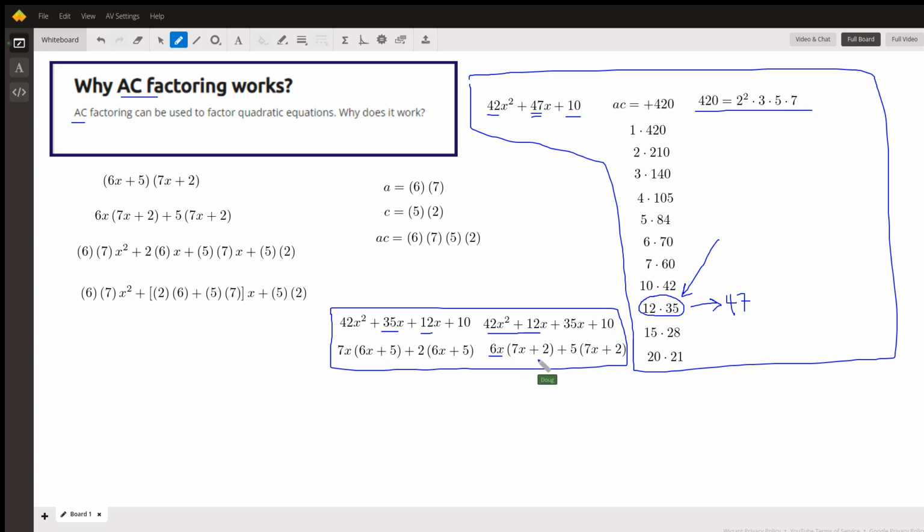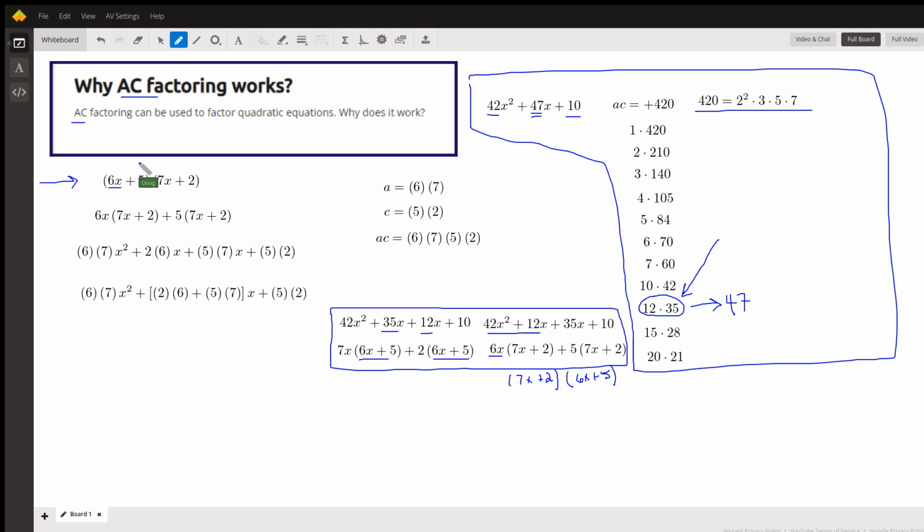And then we've got a common binomial factor in each term separated by this plus sign. So there's a 7x plus 2 in each term here. If you factor that out, you're left with 6x plus 5. And over here, there's a common factor of 6x plus 5. You can factor that out, you get the same thing. Okay, so if we start with the original problem and don't multiply anything together,